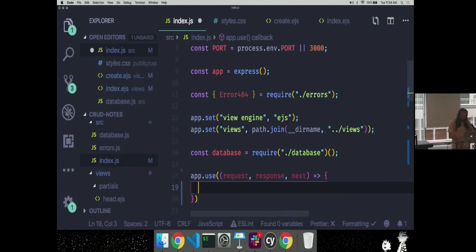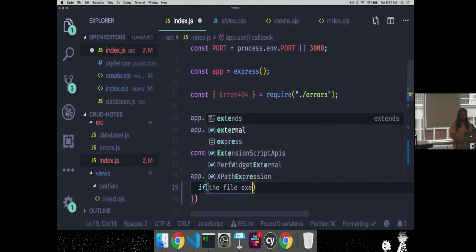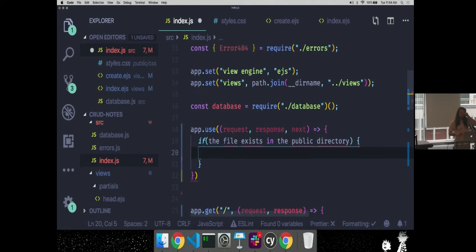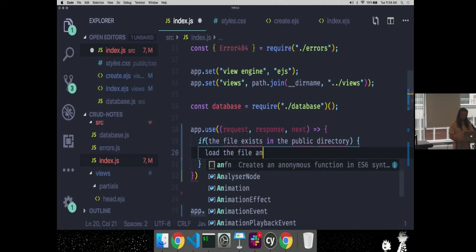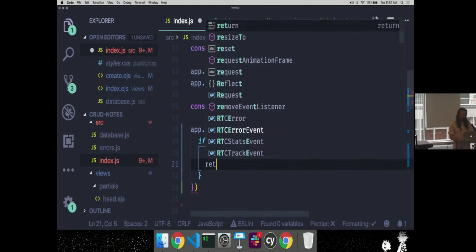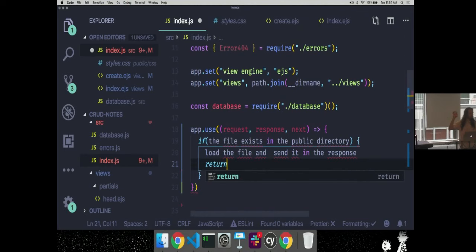So what's happening is, if the file exists in the public directory, what do we want to do? Sorry? Serve it, yeah. Load the file and send it in the response. And then return. This function doesn't get called anymore after that because we've just handled the response.